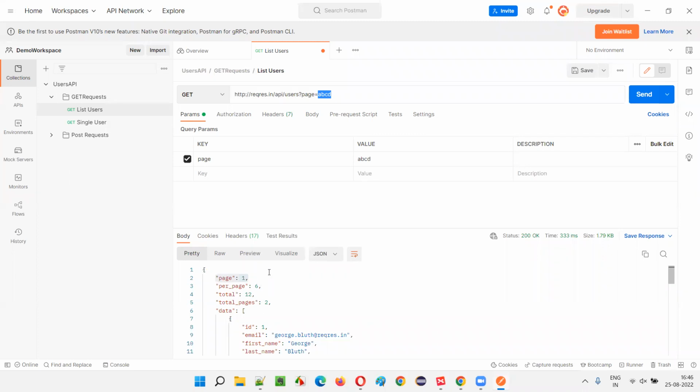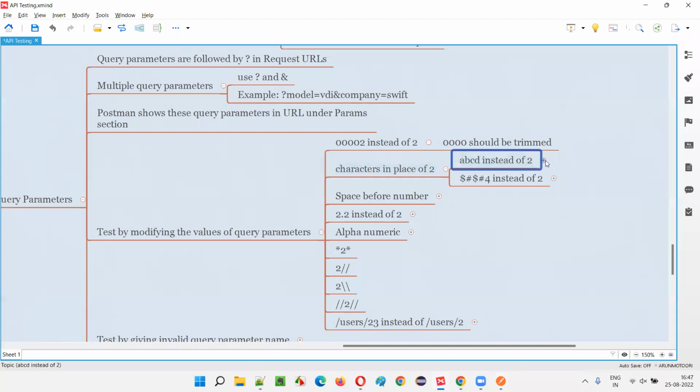So fine. It may or may not be a defect, guys. You can check with your developer and tell him or her that if I provide ABCD, I'm getting this, is that fine or not? I'm giving an invalid page number. This is not a number, it's an alphabet, and they are displaying records. If they are intentionally displaying that, that's fine. If according to them it's okay, you don't have to report a defect. But if they say, let's not allow this kind of thing, then it is a defect. If they are giving a default action like showing the page 1 records,